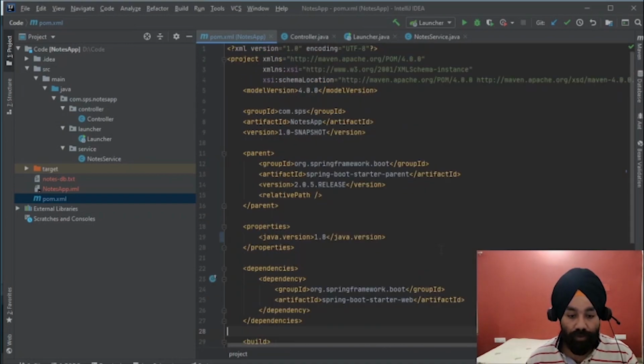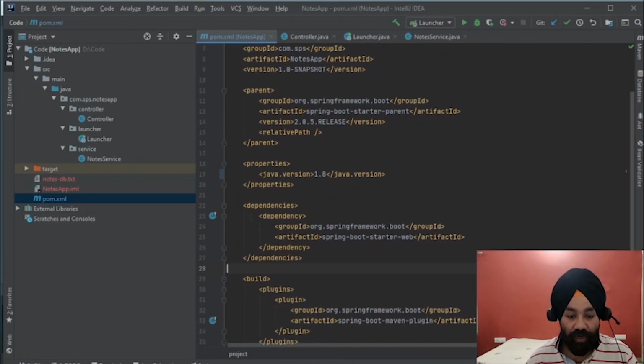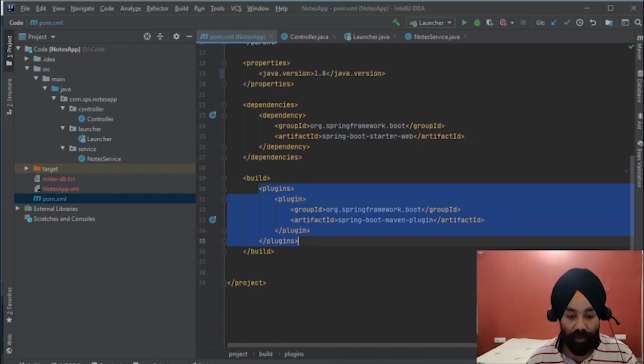So as you can see in the pom.xml file, we have one dependency, which is a Spring Boot dependency, which will provide us with the Tomcat server which we require for this project. You can see that the version of Java is Java 8 here, and this is a plugin which calls the Spring Boot server so that we can run our web application.